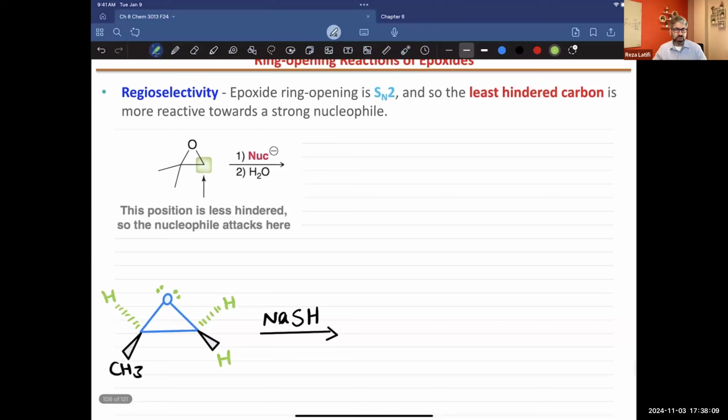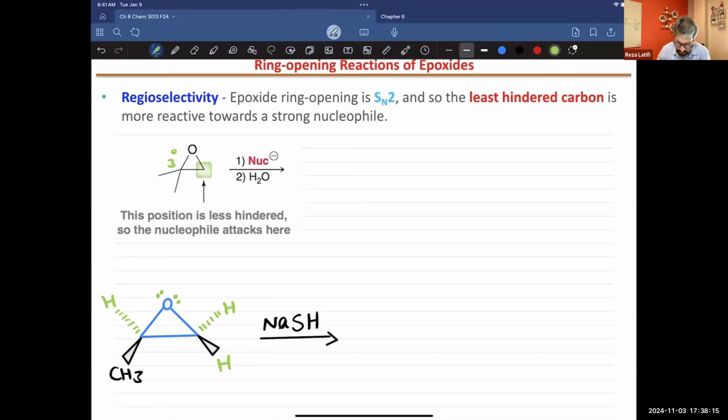Okay, so when it comes to regioselectivity, I have one carbon here that is a tertiary carbon, and this one is a primary carbon, and the reaction is going to be a ring opening. I need to have a nucleophile. Say we decided to use, for example, RO-, or this. So we use this one. Sodium will have a positive charge, this one will have a negative charge. Sodium methoxide, and the methoxide will be the